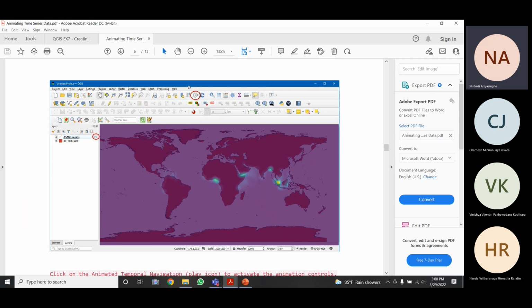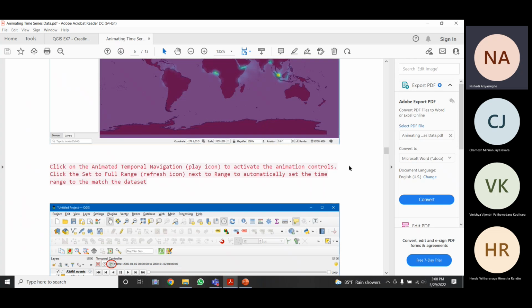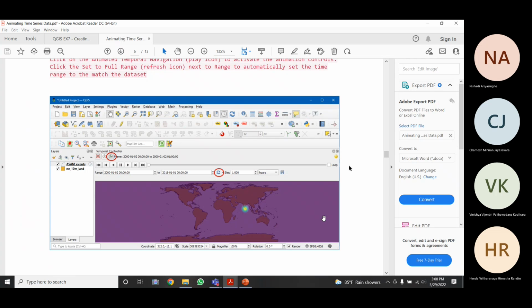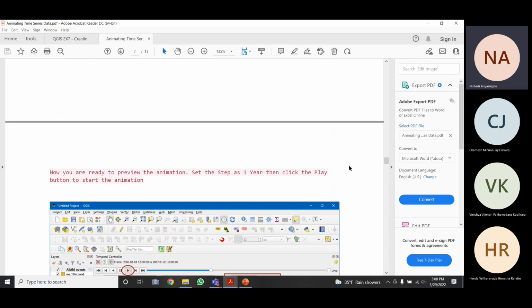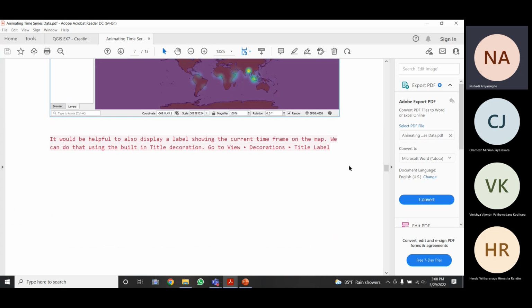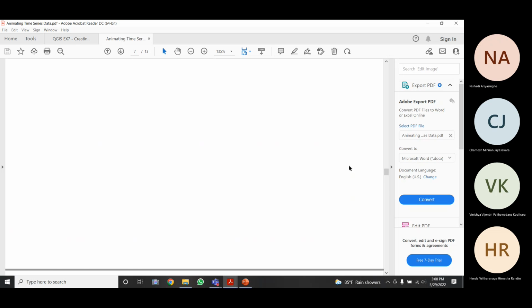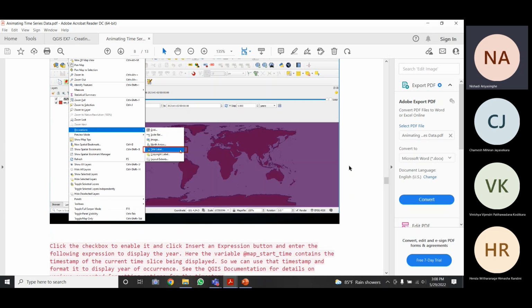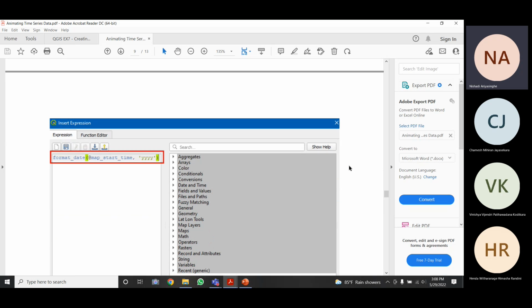So here, this is the option to add the time feature to your map, right? I think this is something related to the ocean waves. So you just go through this.